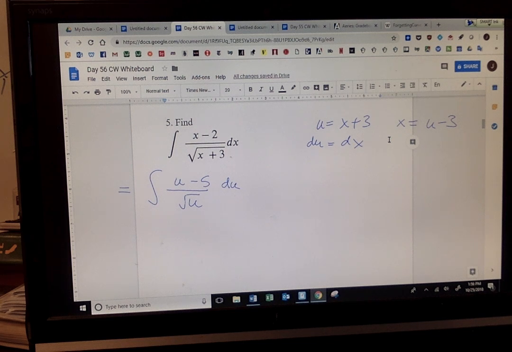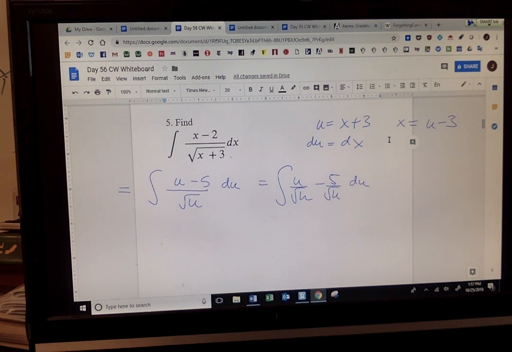Thinking time. There's always one clever guy who will call out the answer. So as a teaching strategy, I'll say nobody speaks. So everybody's quiet. He said it about 10 times in the last class. Why is he yelling? So I'm going to split them up. Is that clear? So is that u over radical u minus 5 over radical u du?